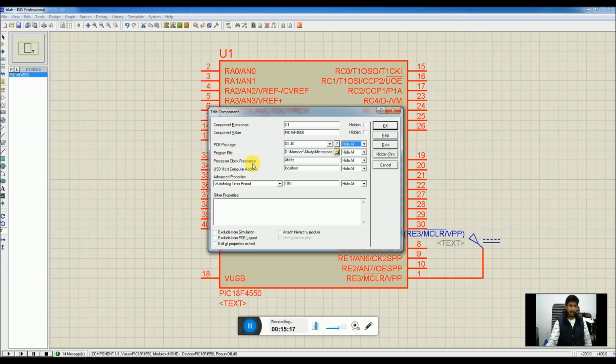Proteus tries to overwrite the configuration file, and if you have selected internal oscillator, or even if you are using PLL, Proteus will not consider it and your program will not be simulated here in Proteus. So I will suggest you do not use PLL and do not use internal oscillator when you are trying to simulate your code on Proteus. The best oscillator configuration that you can use for simulation in Proteus is HS oscillator with PLL disabled.